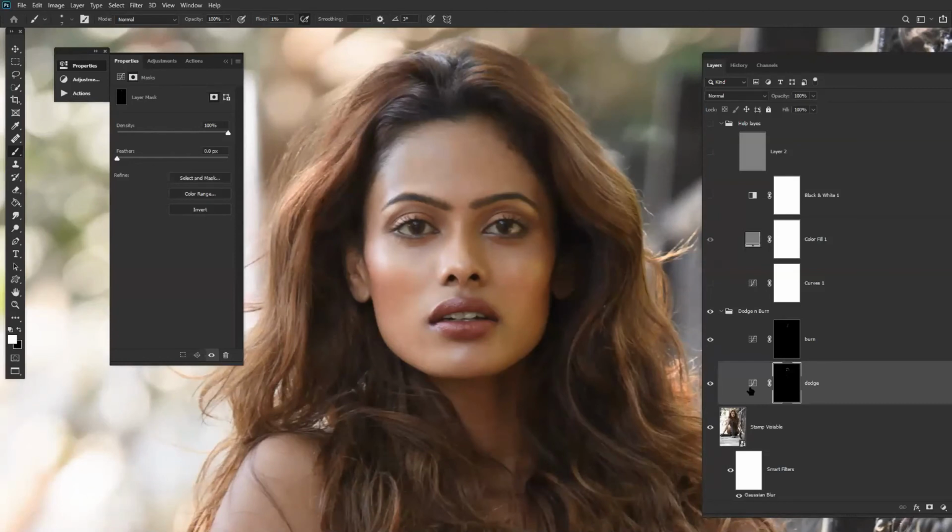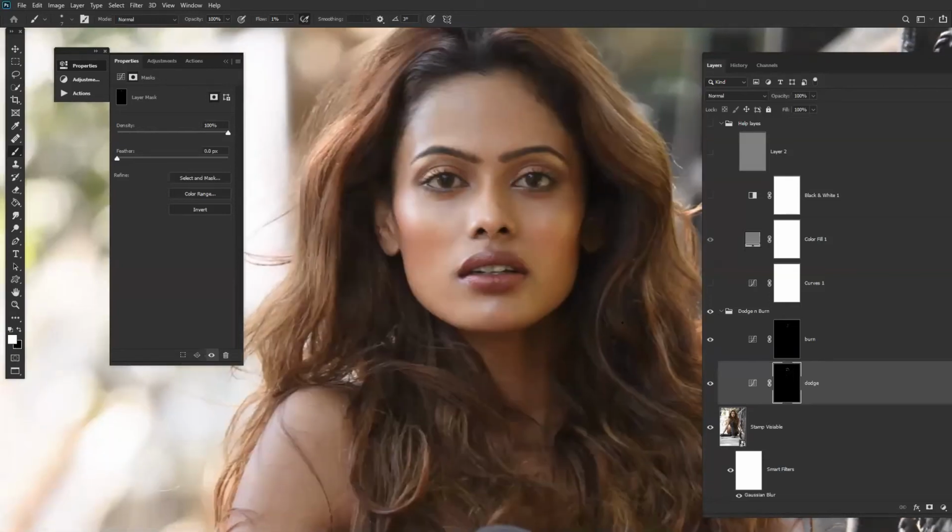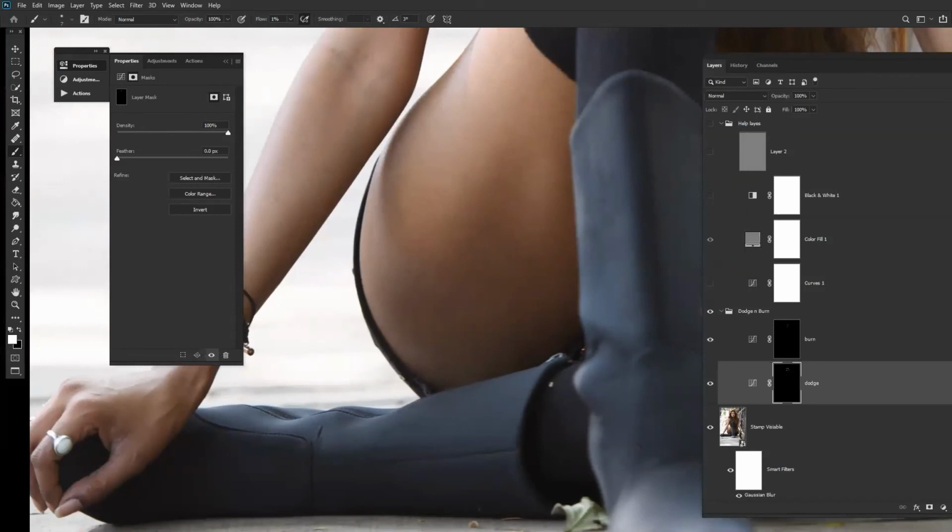We will now do it in a very critical area. Sometimes dodging and burning works very effectively on areas such as legs, hands, necks, where while doing healing there are very small areas of sampling. So it's much better doing dodging and burning over there rather than healing. So we'll come down here. Now in the next part, after doing the legs, we will do the evenness of the color. So let's work right now here.